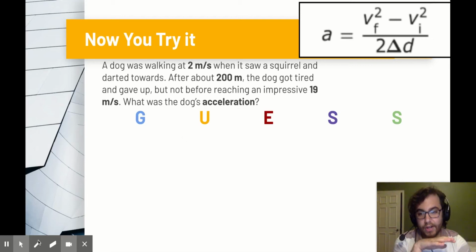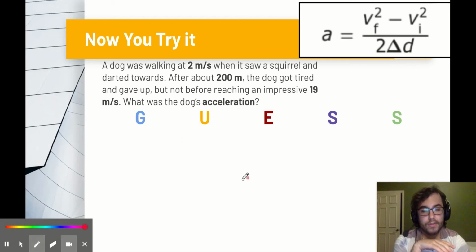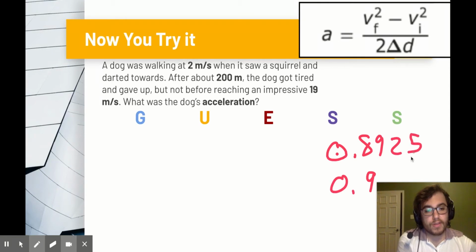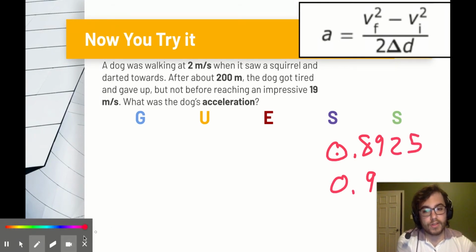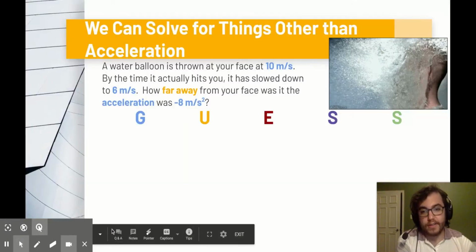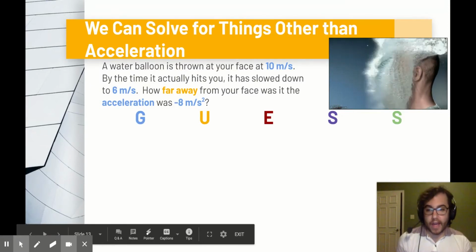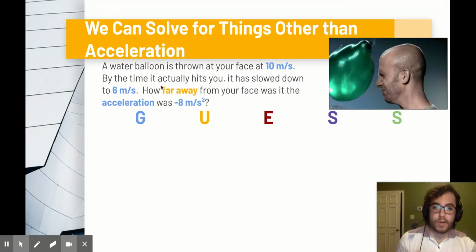Okay, so your answer, just to check yourself, should be about 0.89 or 0.9, something close to this. The full number is this, but it should look something like that for your sake. All right. Now, I'm reintroducing algebra because this is one of the few equations where you're going to need to